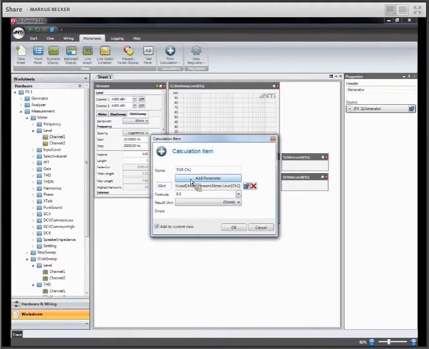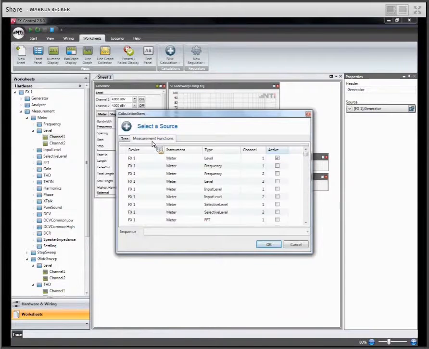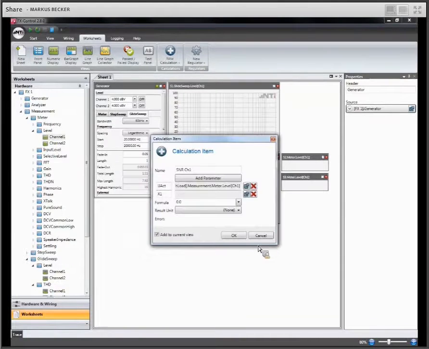And as the second parameter for my calculation, I add again the meter level of channel 2, but now step number 3, the muted state. And I call it U-mute.